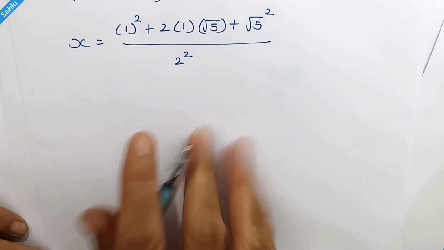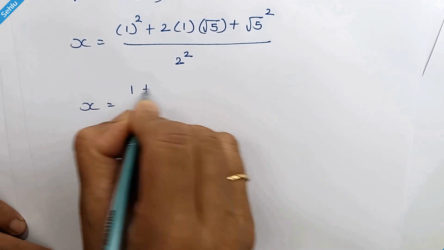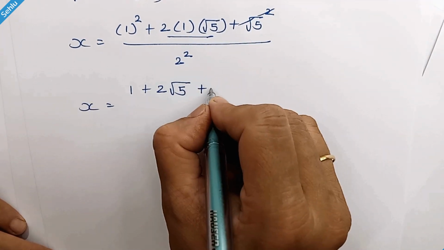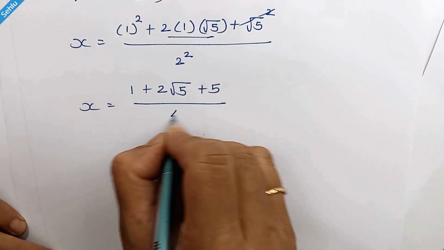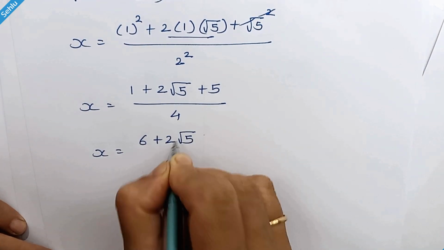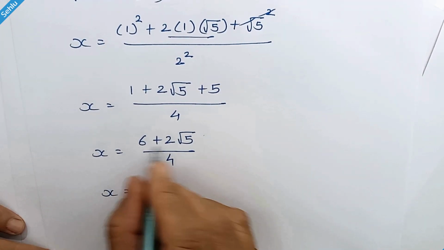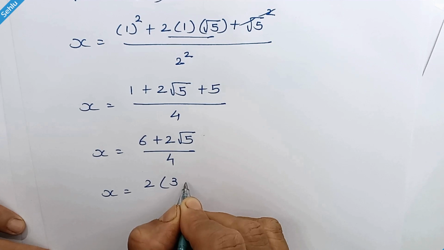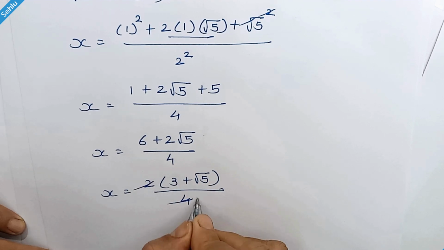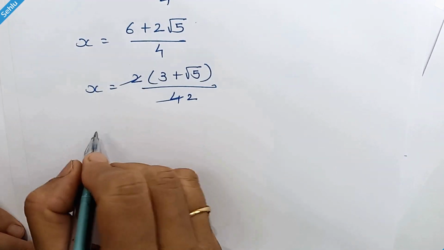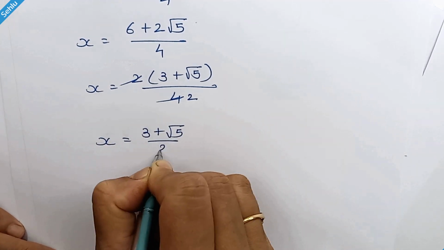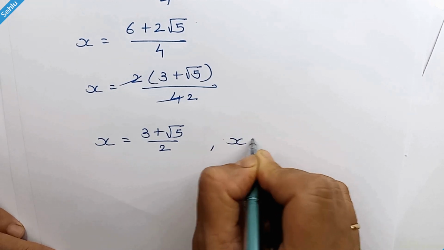So it will be x is equal to 1 squared is 1. This will be 2 times square root of 5, and the square root will be cancelled, so it will be 5. 2 squared is 4. So we have x is equal to 6 plus 2 times square root of 5 over 4. Taking 2 common, so it will be 3 plus square root of 5 over 4. Here we have 2. So x is equal to 3 plus square root of 5 over 2 and x is equal to 0